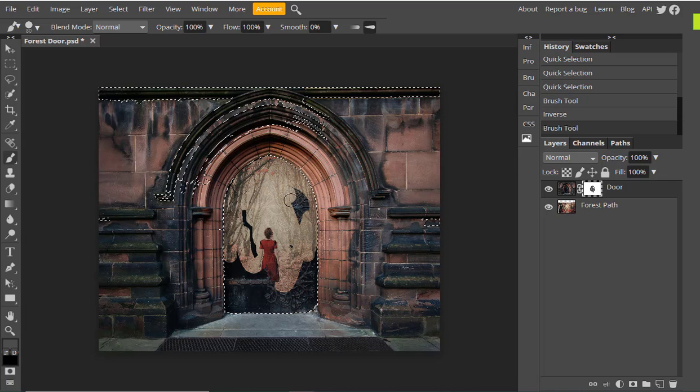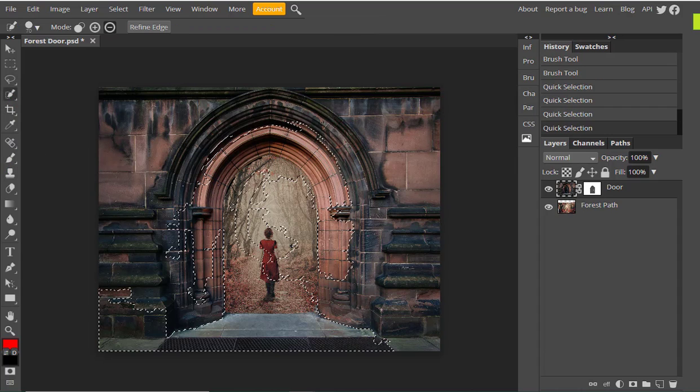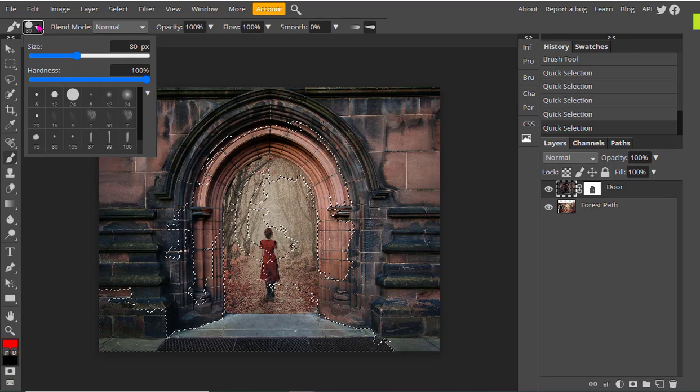It's worth releasing the cursor because it will allow you an undo in case there's a mistake. But I'm pretty happy with this. Now I could just leave it as it is, but I want to blend this bottom part a little bit. So to do that, I think I'm going to add to the selection. So go up to the selection tool. Okay, I'm not too bothered about that bit, but I see I've created this doorway here, and then I'm going to go to the brush, and I'm going to change the brush tool to a soft brush,